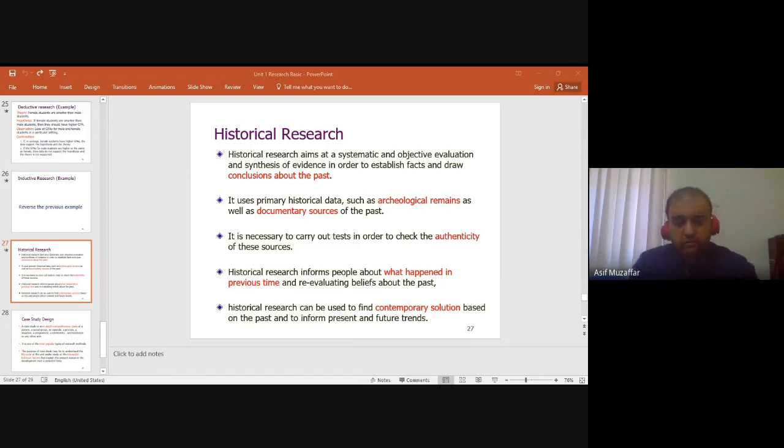Okay. So I believe same is the case with our hadith, right? Hadith is something of a history. And it is coming to us with a proof that this person actually narrated it, and it is coming from this person, and this hadith is credible. So I believe this is a part of historical research. Anyway, you need to test the authenticity.